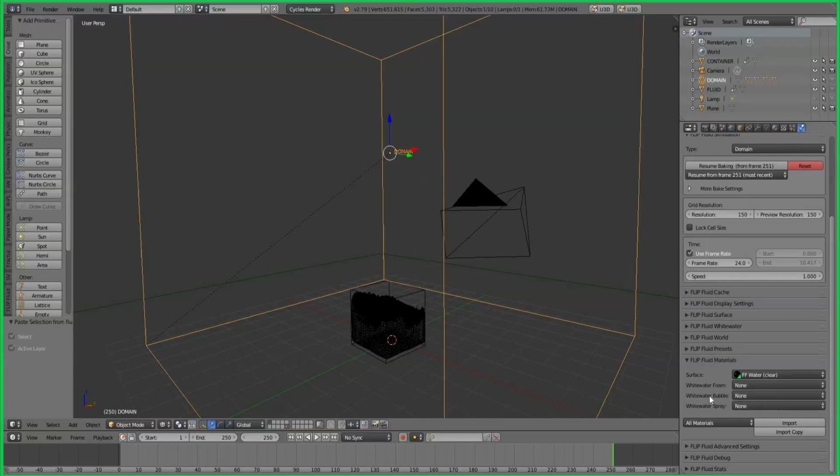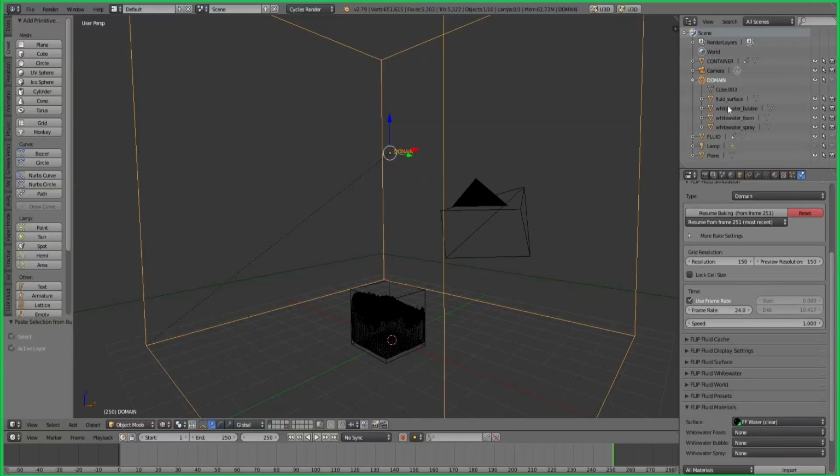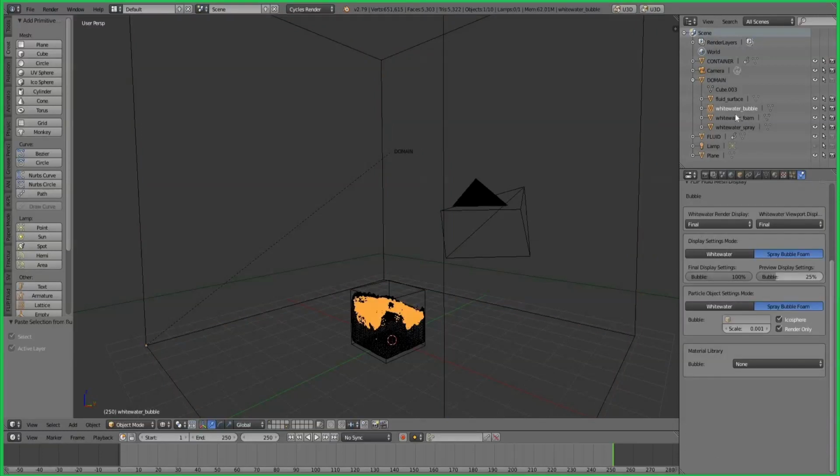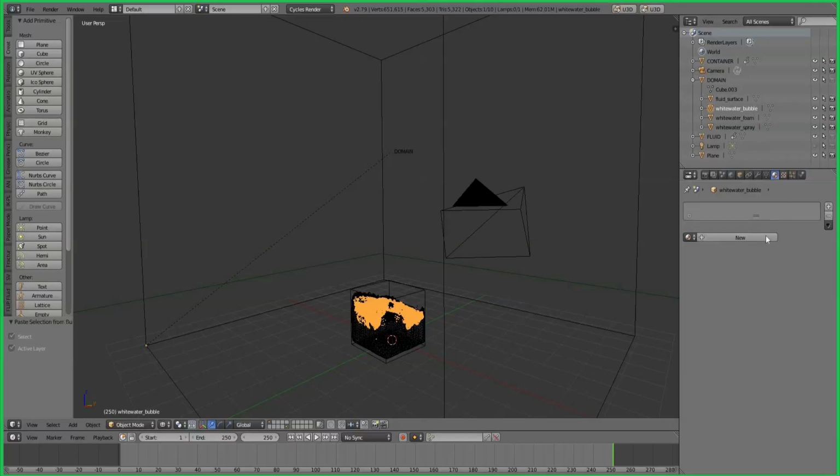For white water, foam, bubble and spray, you can create materials here in the outliner by selecting the white water bubble and then going to the material tab. You can create a new material